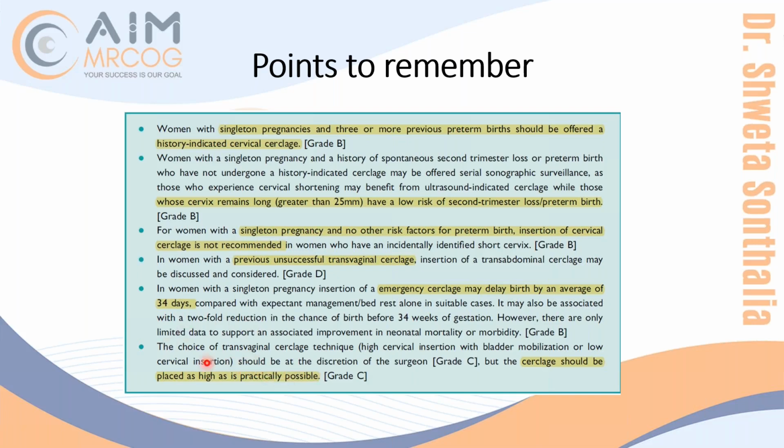And as I told you, choice of cerclage depends upon the technique you know. If you know McDonald and you do McDonald, nobody is going to tell you that it is wrong. You will do McDonald and most of the time it will work. But if it fails, then your second choice will not be abdominal, but Shirodkar. Now, in abdominal also, which one to go for, laparoscopy or abdominal?